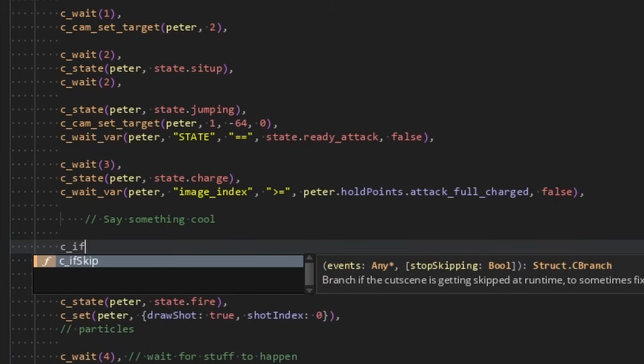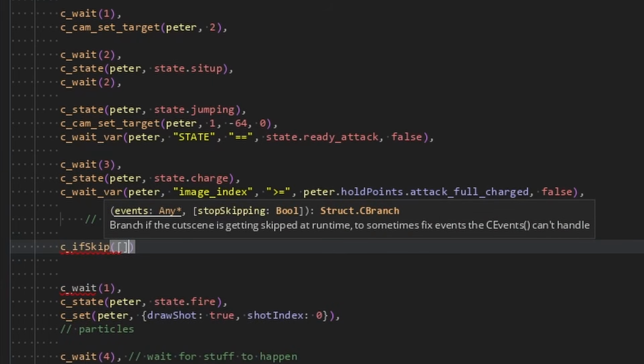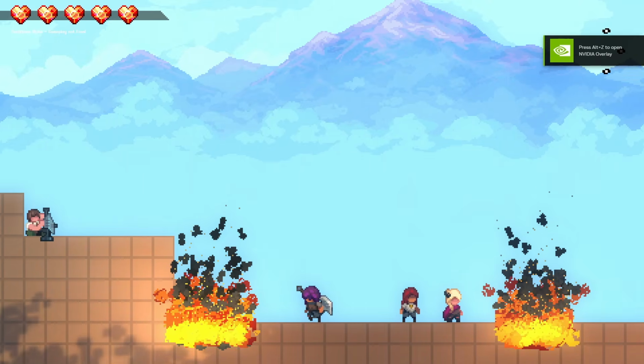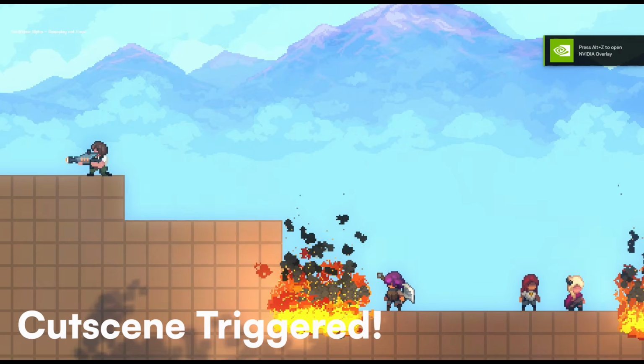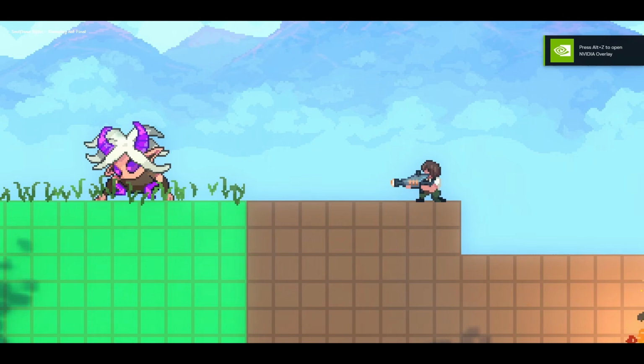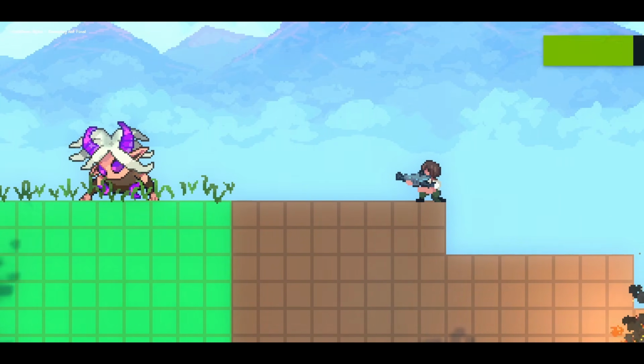I'm gonna add this tiny little block of code that checks if we're skipping the cutscene, and if it does, it just stops the skip. Now in game, when I trigger the cutscene, we'll run all of those events, culminating in Peter already being up top, ready to fire. I've also went ahead and added some knockback to Peter when he shoots the gun, and